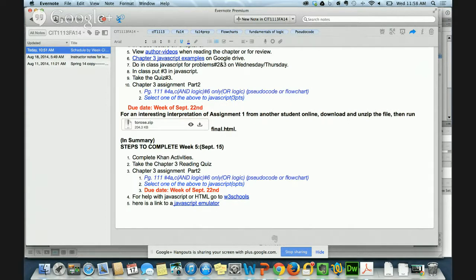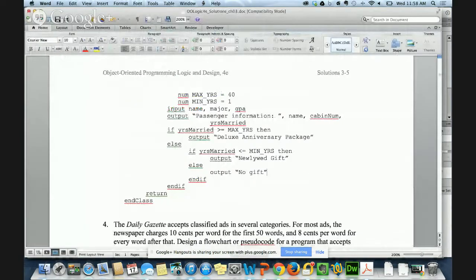You only use pseudocode or flowchart, and then just select one of those 3 problems that you did above to do in JavaScript. Any one, okay? Here's what will help you: if you go to W3 Schools, it'll show you how to do the AND logic and the OR logic in JavaScript, whichever one you choose. But let's look at number 4 and see if we did